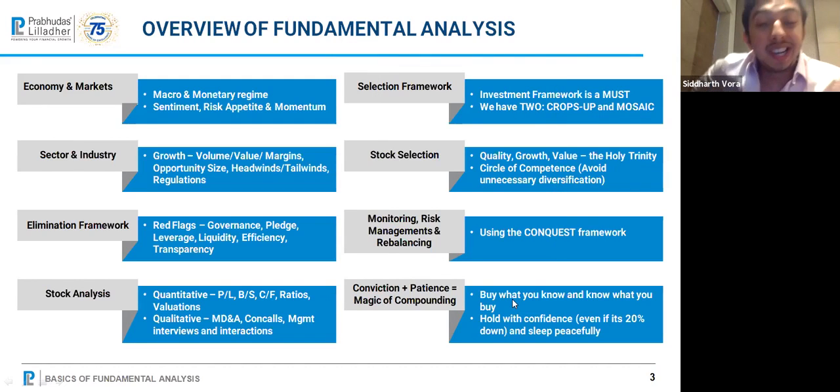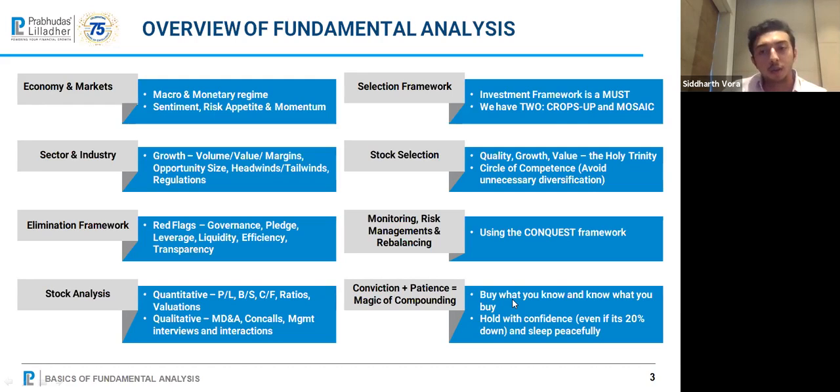Now, how to select a stock from these shortlisted stocks, how to narrow it down to portfolio level stocks. You need one thing, and this is the golden rule, only one golden rule. You need an investment framework. Without a framework, you cannot be a consistent investor. If you don't have your own framework, you will never be able to identify stocks that you think will do well. For simplicity, I'm going to share two frameworks that I have personally created. These are proprietary fundamental frameworks. You can use these also or create your own framework.